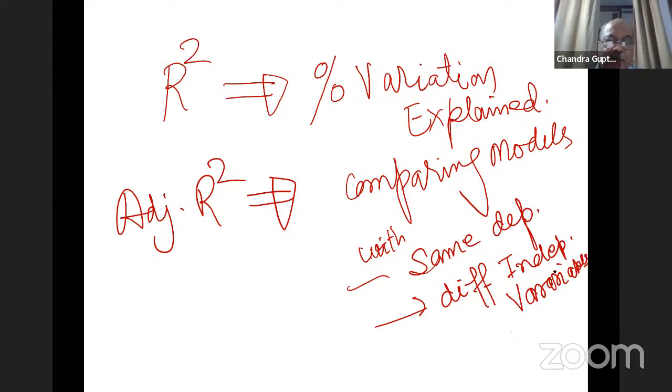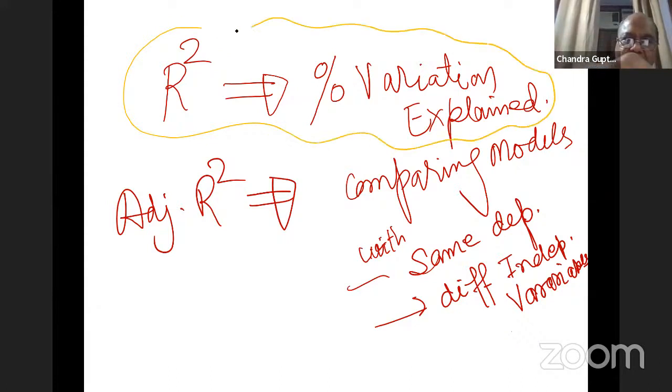Adjusted R square doesn't explain the percent of variation explained. That's the job which is done by R square. R square does that job, not adjusted R square. What adjusted R square does is help us decide which model is a good model: a 2 variable model, 3 variable model, or 5 variable model. In that comparison,